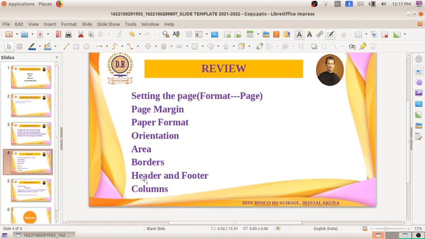The next one is the header and footer. How can we provide the header and footer for the page? For that, in the same Format menu, go to Page and click on the option Header. For giving a header, click on the option Header. If you apply it, you can see the header appears on the upper portion of the page. There you can set the page number. For setting the page number, go to Insert, and in Fields click on Page Number, so you can see the page numbers appear automatically on each page.